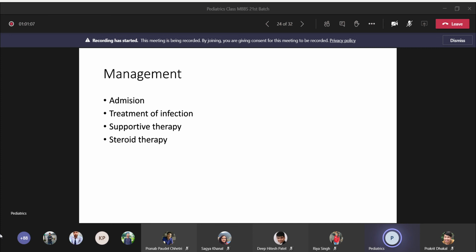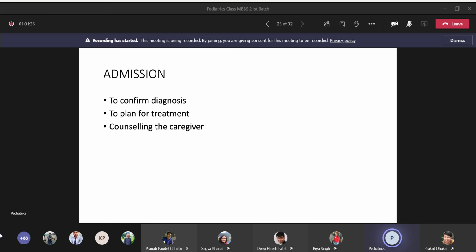General treatment means you have to give less amount of fluid. You have to restrict the sodium. You have to restrict other cholesterol. But you have to give more and more protein. Which protein? Albumin. And when you want albumin, you have to give white of the eggs, not the yellow. So these are the management.